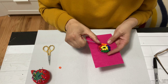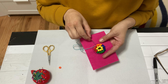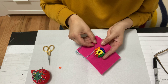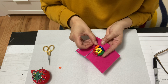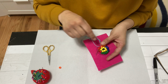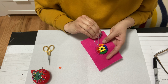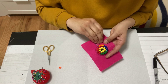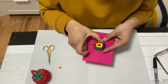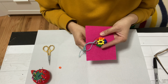So at this point, to finish off the circle, what you do need to do is, instead of going down, you want to go through, and I usually go through the last 2 beads. This is just to give it the flow, that continuous look. If you went down right here, then you'd have a space in between there. So when you go through your last 2 beads there, it just continues the flow. Okay, so now I just go down right there,